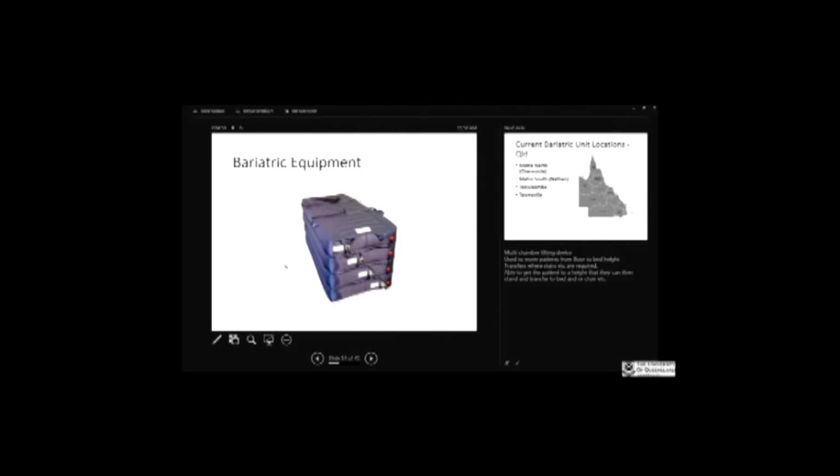This is another lifting device where you can sequentially raise the patient on these mattresses. You can get the patient either in a supine position, or you can get them into a sitting position. So if you've got a patient who's on the ground, you can use a device like this to lift the patient up, so you can either get them in a chair